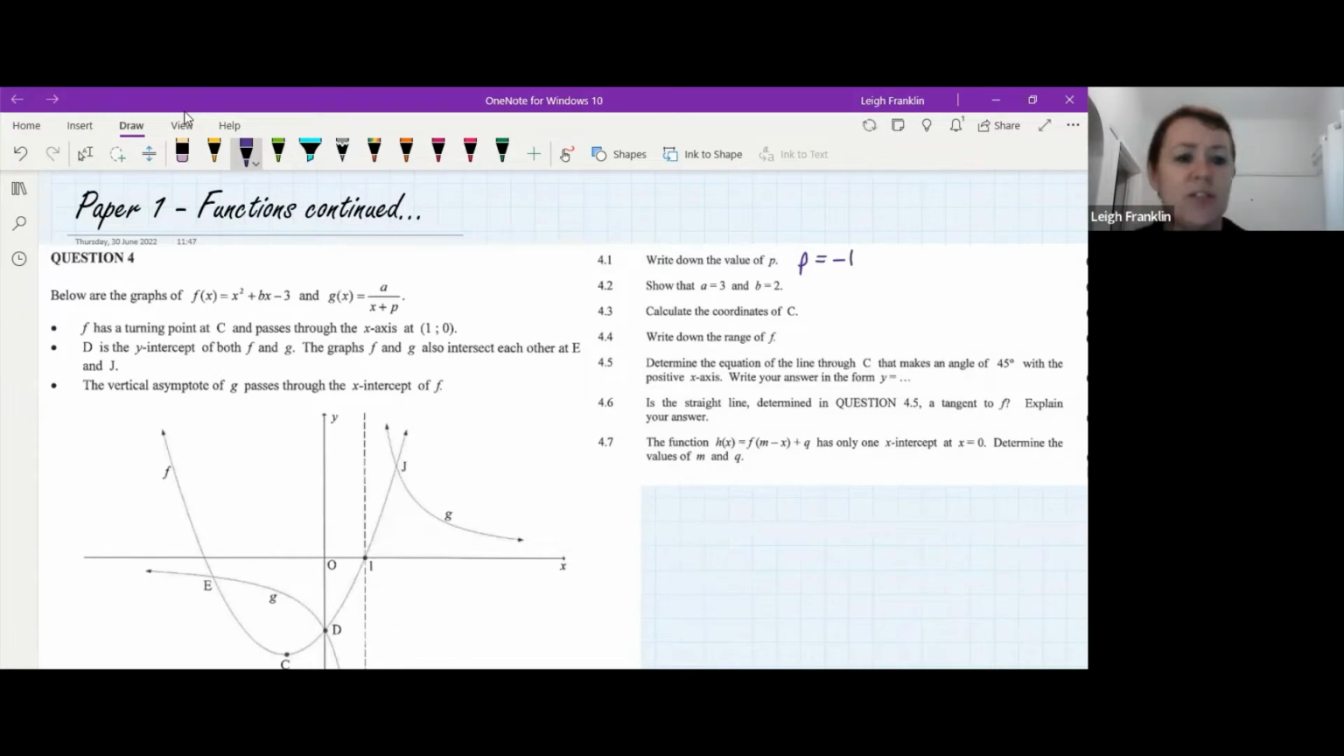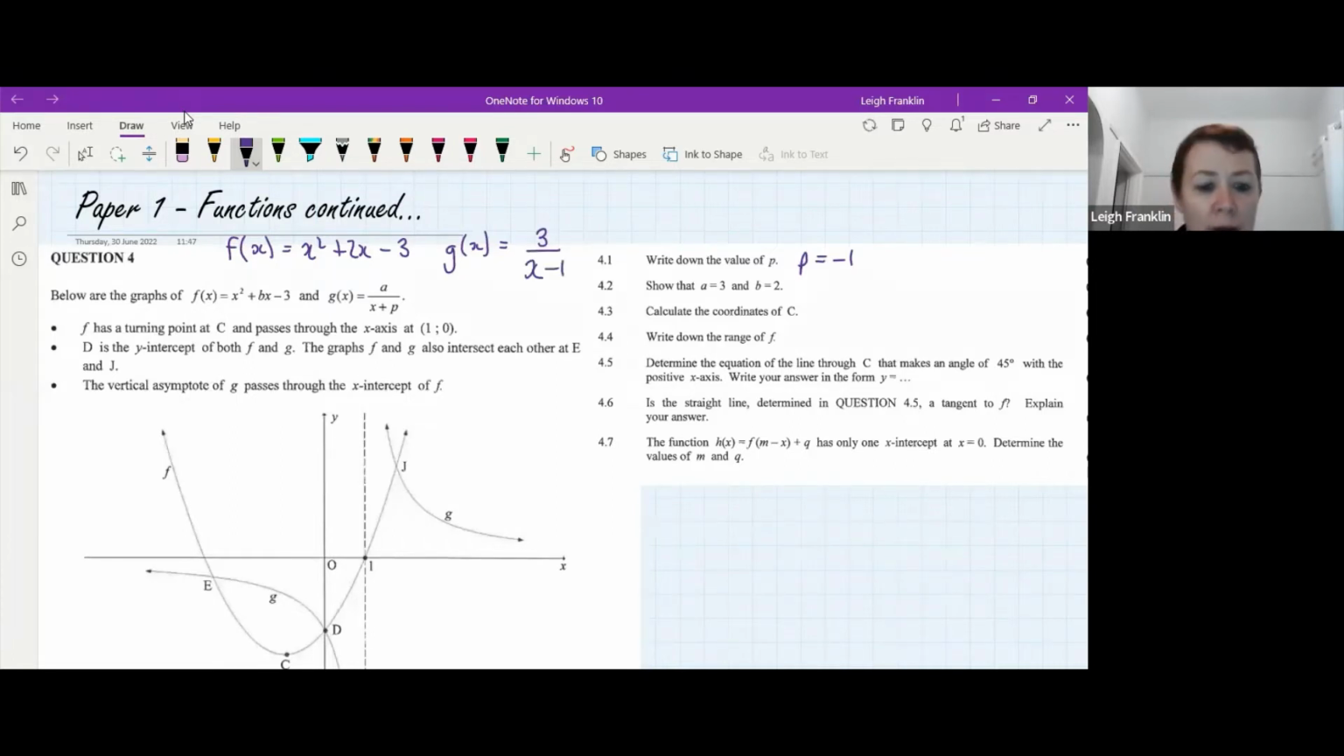And the other thing that they've asked us to do is to show that A equals 3 and B equals 2, and we would do that by substitution. Okay, so in order to work out that A was equal to 3, we subbed in point D, and to show that B was equal to 2, we subbed in the point (1; 0), which is one of the x-intercepts of the parabola. So what that means for us, I'm just going to write it up here, is that the graph of f of x is x squared plus 2x minus 3, and the graph of g of x is going to be 3 over